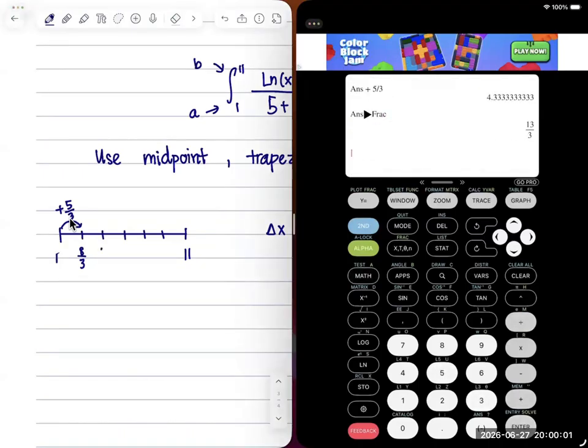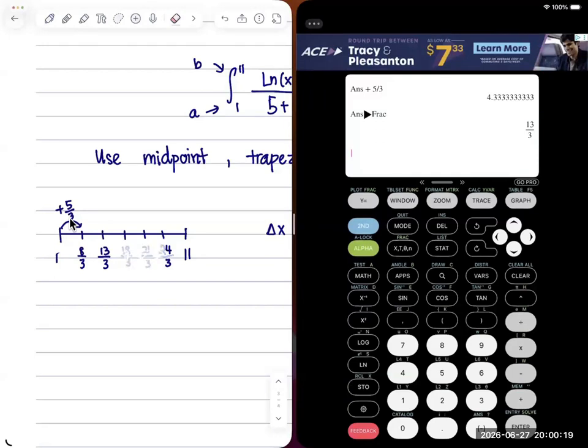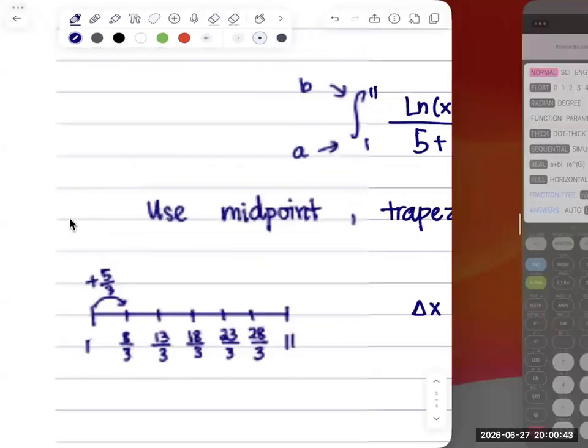And that will be 13 over 3. And then 18 over 3. And then 21 over 3, 24 over 3, 27 over 3. I'm adding wrong. I think I added wrong here. So I have 18 over 3 is correct, and then after 18 over 3, it's not going to be 21 because I need to plus 5. So 18 plus 5 is 23. So 23 over 3, and then 28 over 3, and then 33 over 3, which is 11. Okay, so that is all my values